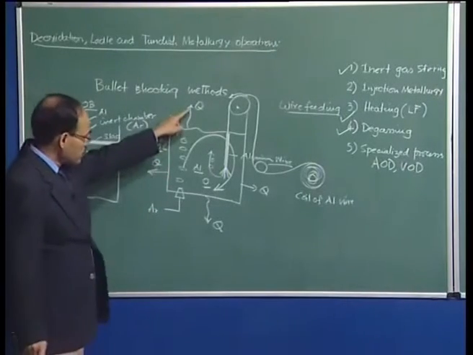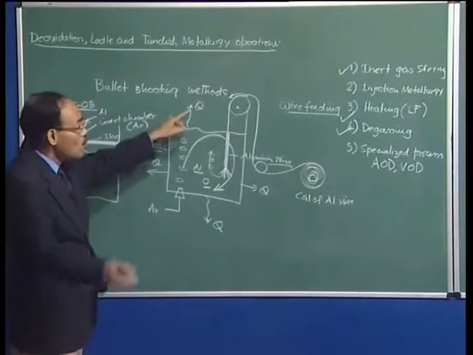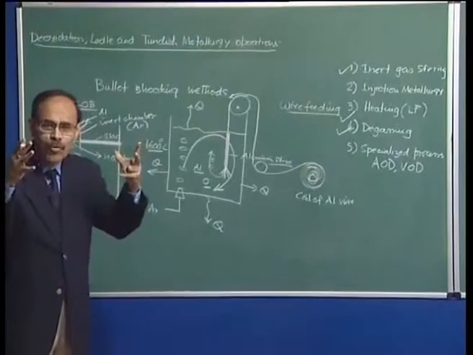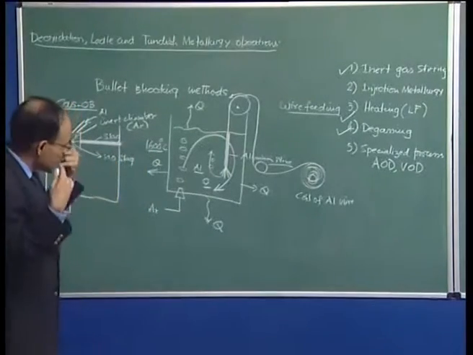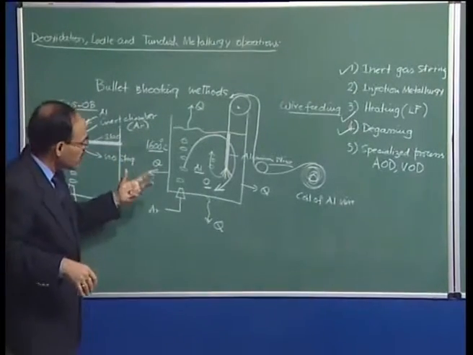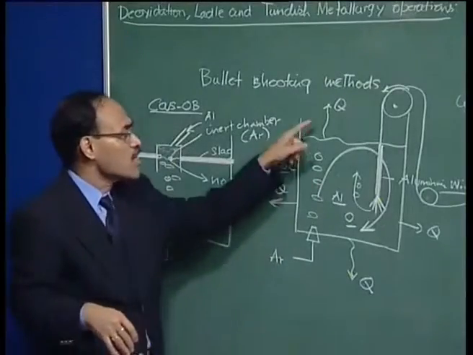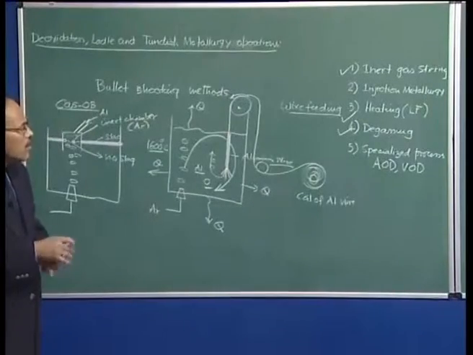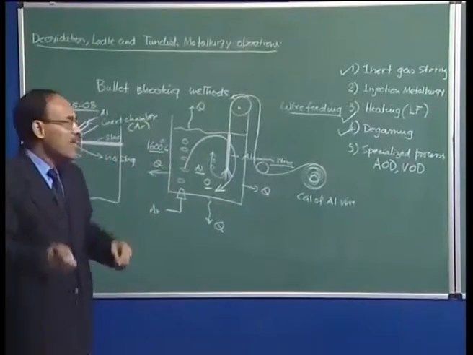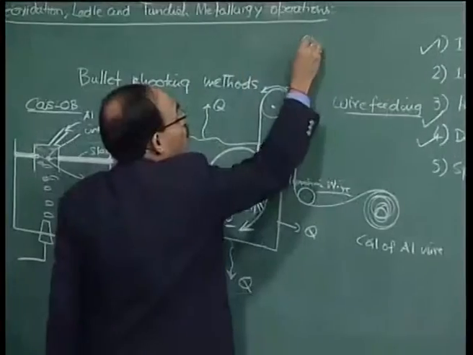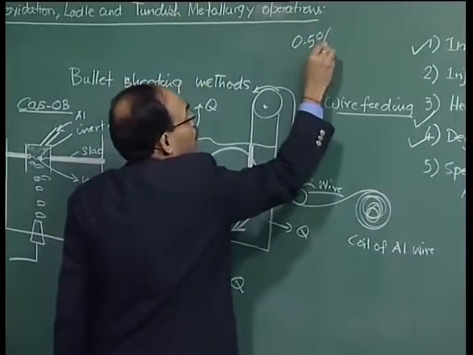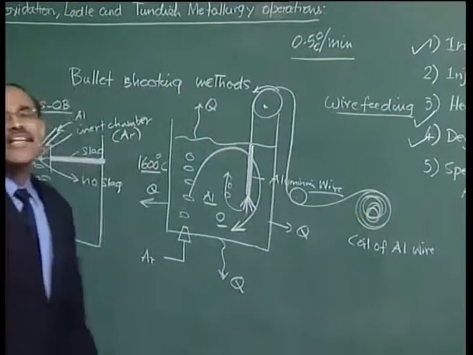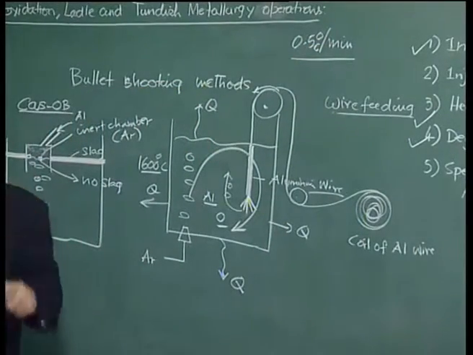Now, the duration of secondary steel making or ladle metallurgy is substantially more. So, we can envisage that the total drop in temperature because of such heat loss during the process is going to be really considerably high. Typically, during the holding period of a ladle, it is known that the temperature drops at about 5 degrees centigrade per minute. This is the rate at which the temperature drops during the holding period.